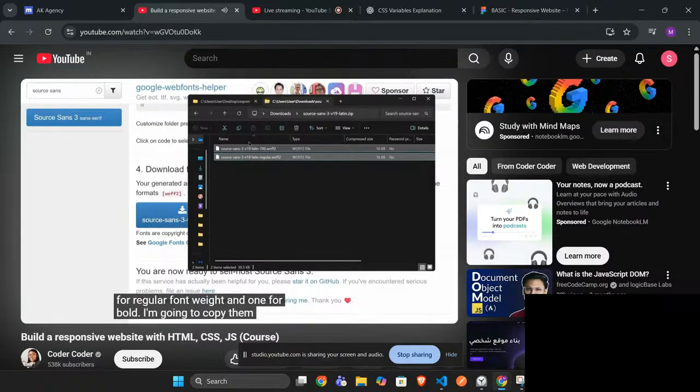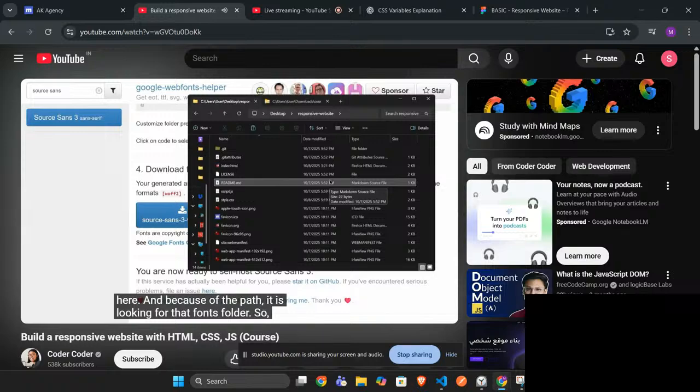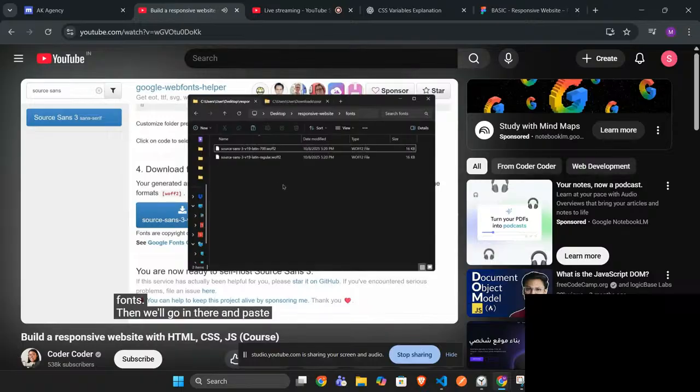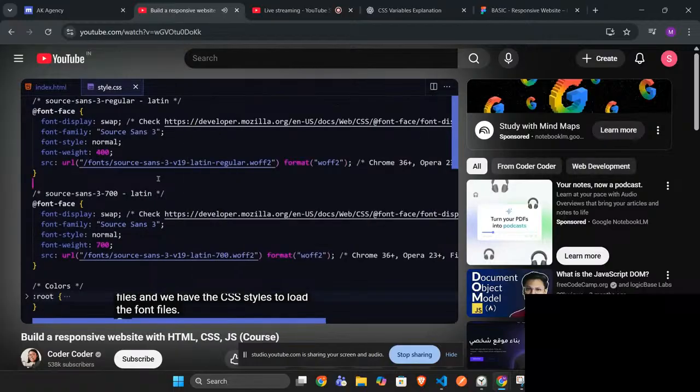I'm going to copy them and then go back to our project folder, which is here. And because of the path, it is looking for that fonts folder. So let's create a new folder in our root called fonts. Then we'll go in there and paste in our font files. So now we have the font files and we have the CSS styles to load the font files. So next,